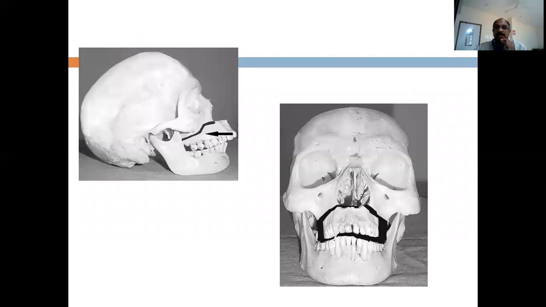This is again a simple representation on the skull showing you the exact treatment, that is bone cuts made on the maxilla for your Le Fort osteotomies. This is how it is done, and this is what is done on the patient. And we try to fracture the maxilla on both sides. We can down fracture the maxilla and bring the maxilla either anteriorly, superiorly, or posteriorly, depending upon the requirement.